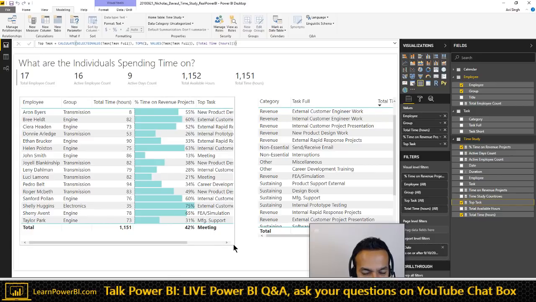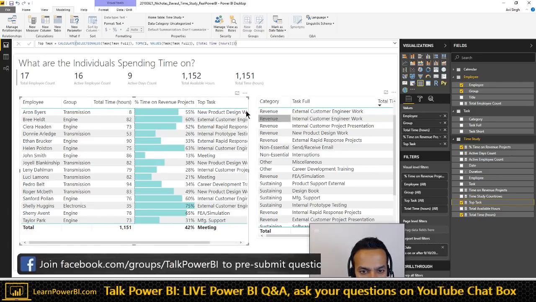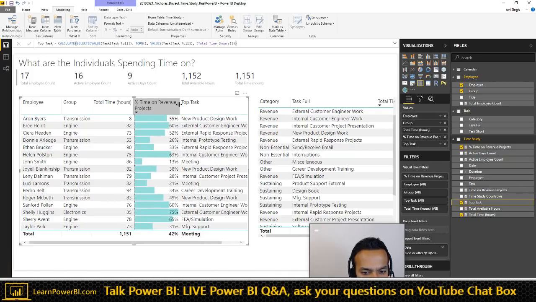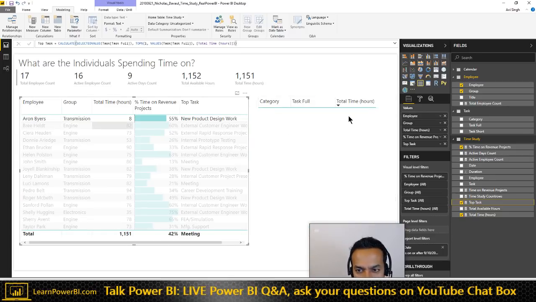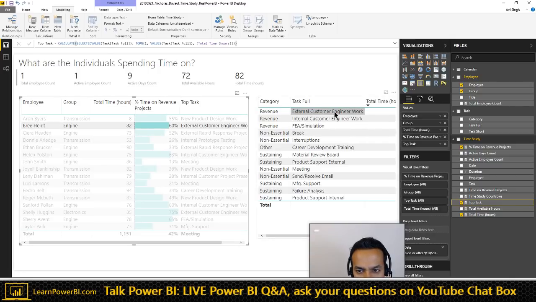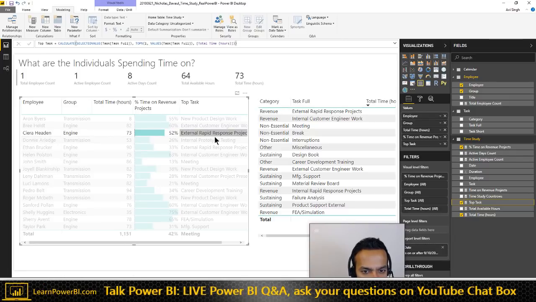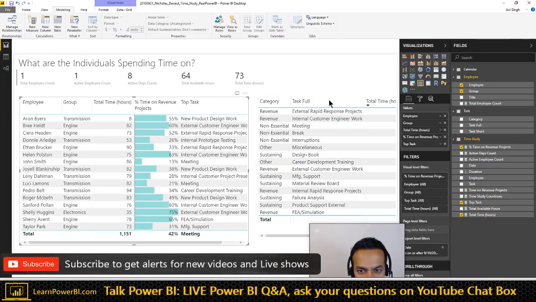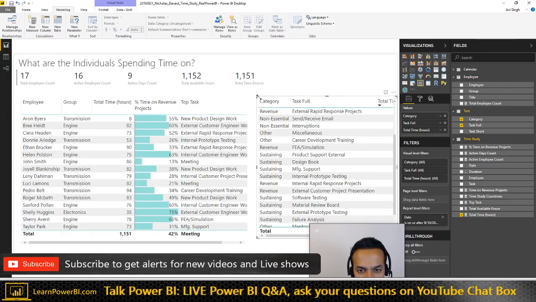So it did work, and we can kind of cross check our work. Let's make this a little bit small. So if we look at Aaron, see new product design work, perfect. Let's see Bree, external customer engineer work, and Sierra Hayden, external rapid response. So yep, that all looks good. And now if we can figure out how much time did they spend on